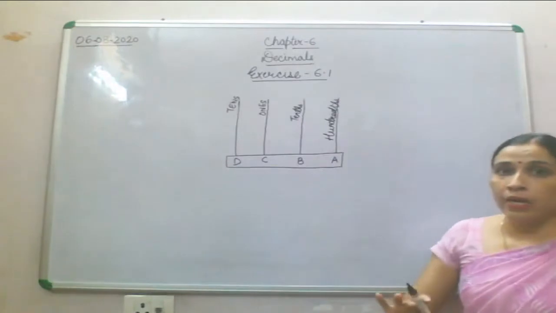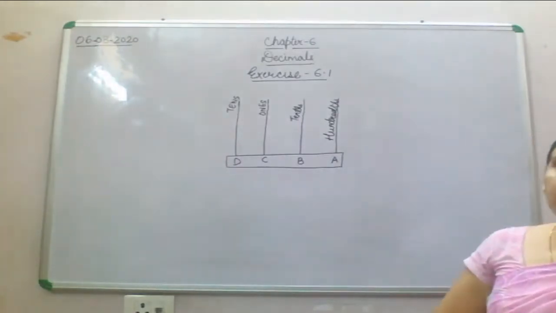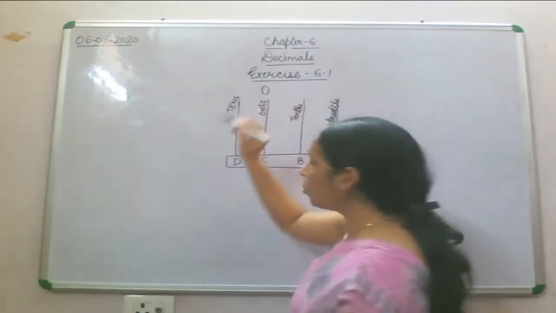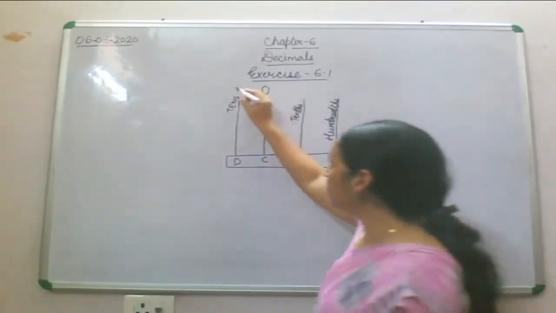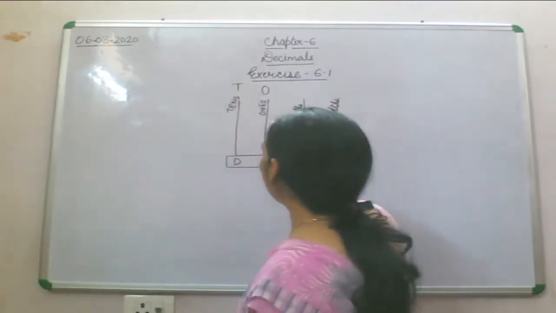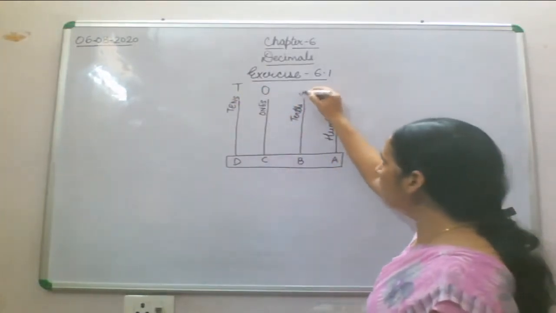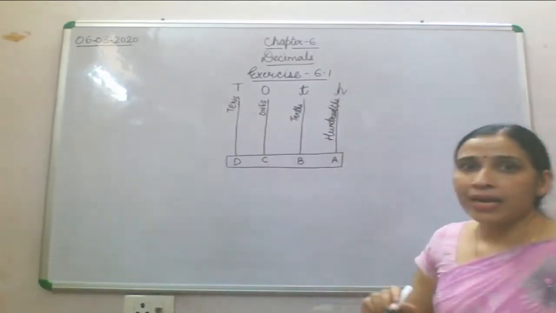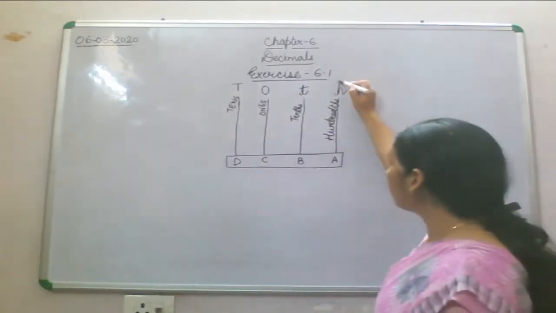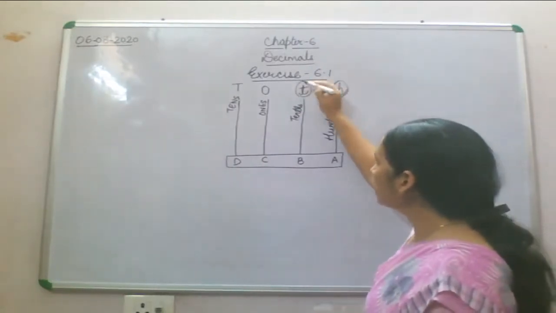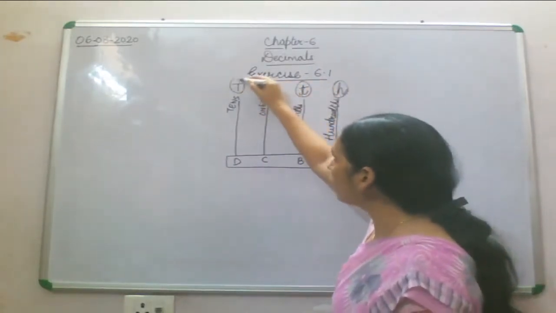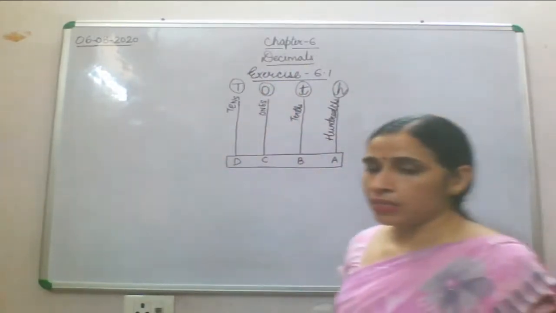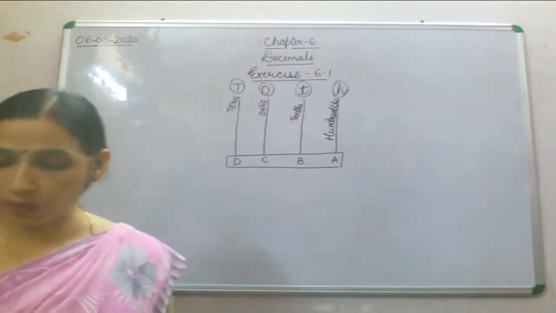Now children, we will see the representation of this. This can be represented with O for ones, this with T for tens, but in decimals, tenths will be represented with a small t and hundredths will be represented with a small h. Now you have to remember these place values, and then accordingly you can represent a decimal number over the abacus. Now for example, you have been given this.